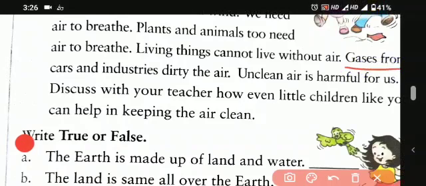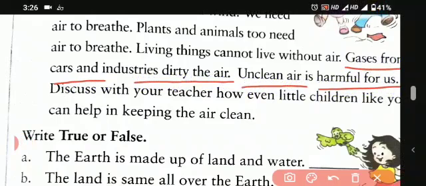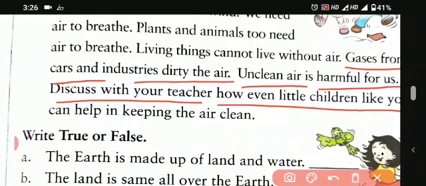Gases from cars and industries dirty the air. Unclean air is harmful for us. Discuss with your teacher how even little children like you can help in cleaning the air.